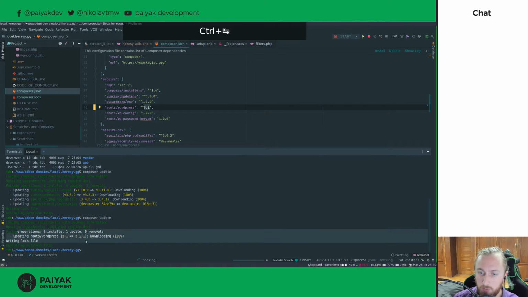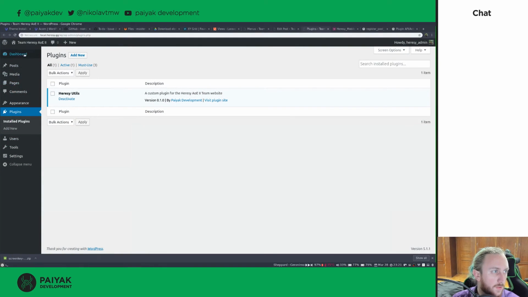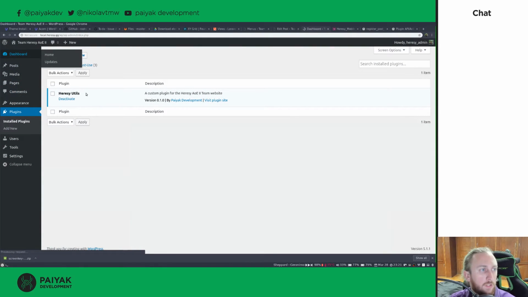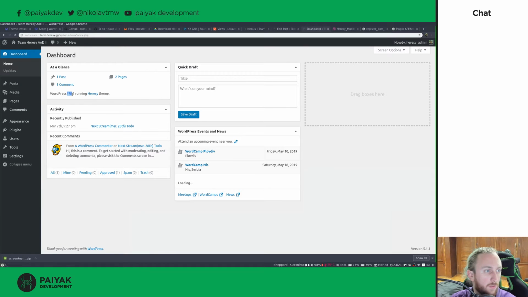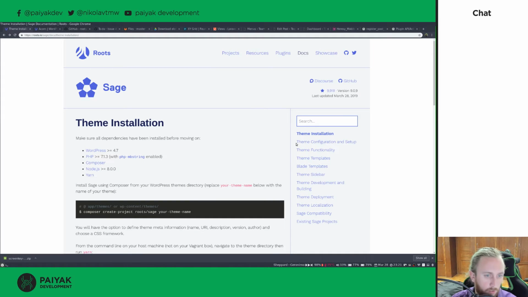Okay, so WordPress updated to 5.1.1, and let's take a look at the browser. And as we can see, if we go to dashboard, WordPress is indeed running 5.1.1. So it's that easy to update WordPress. And by the way, the same works for plugins too, except for plugins, if we look in their documentation, specifically for Bedrock,